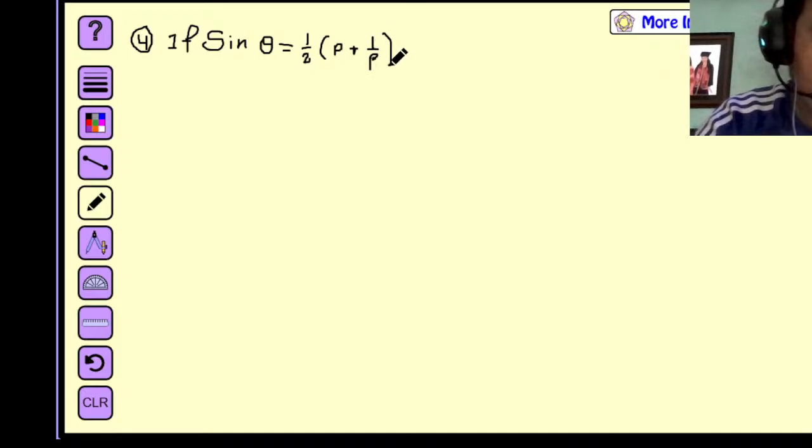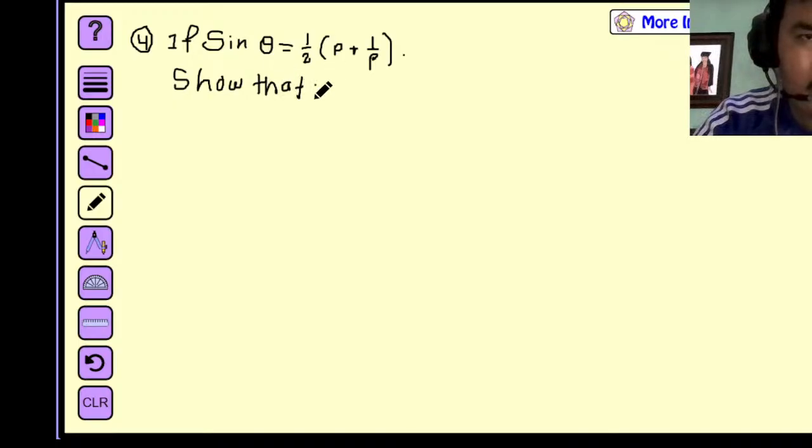This value is given there. Then it is asking to show that, or prove that, we can write here. Show that,